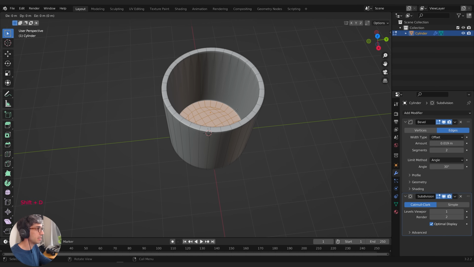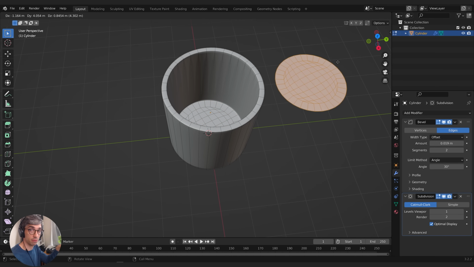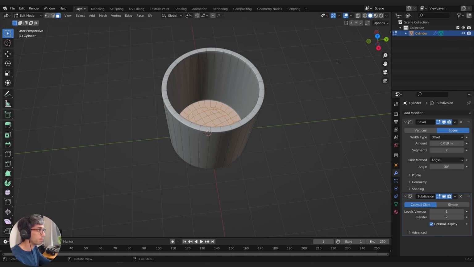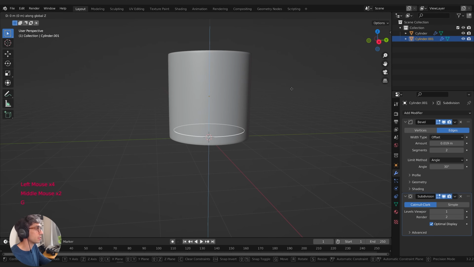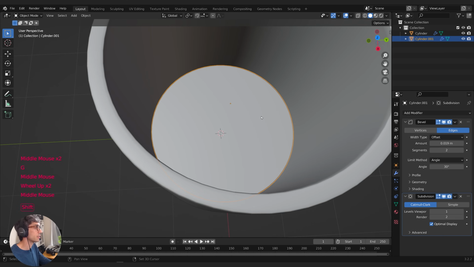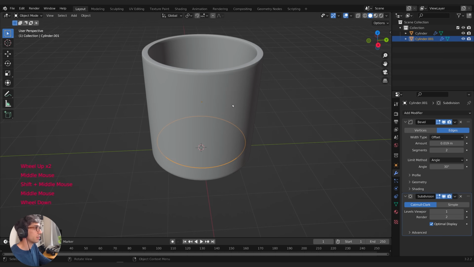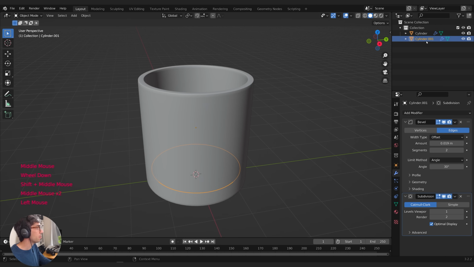So I'm gonna hit Shift D to duplicate. That'll make these faces just duplicate, but they're separated now from everything, but they still exist inside this object. So we need to get it out now. I'm gonna hit P, and this will bring up the separate quick menu, and I can select by selection. Now if I leave edit mode, you can see I've got 2 cylinders, and one of them is just this flat bit of polygons that's perfectly sized for the inside of my cup. So this is going to be my emitter.